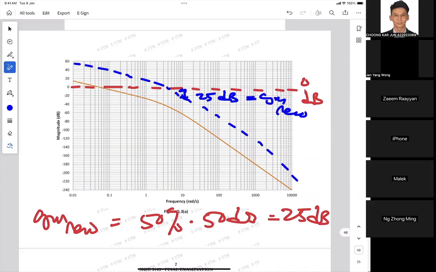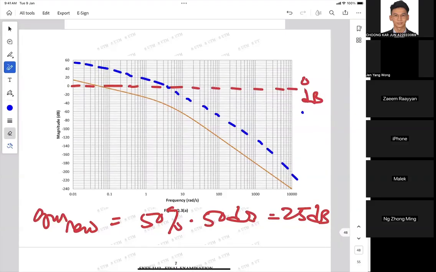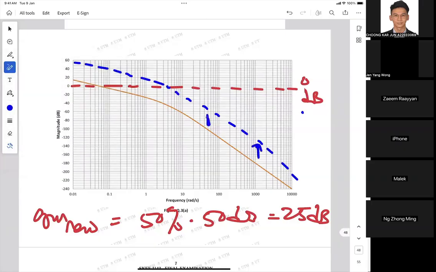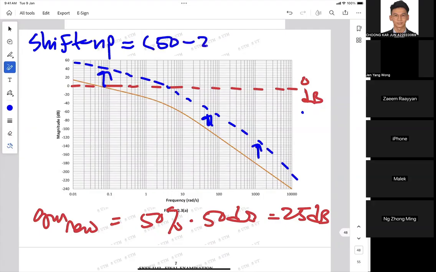Oh, it went too far. Okay, we raise it, so it becomes like that. So we have to somehow shift up, correct? So shift up in the amount of 50 minus 25 decibel, which is